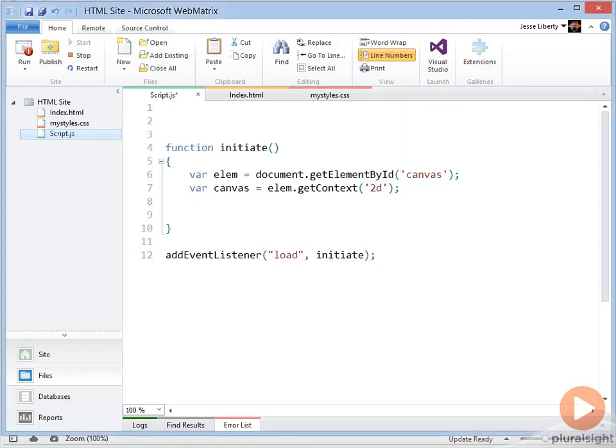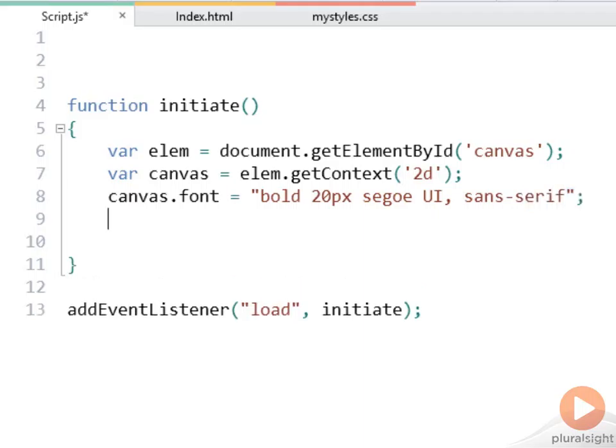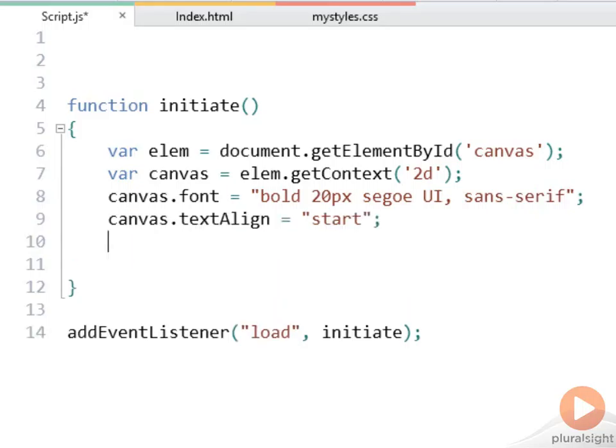To get started working with our text, we're going to set the canvas font, and we can set that using the same syntax that we would use with CSS. We're going to set this font to be bold, 20 pixels, Segoe UI, and fall back to sans serif. We'll set the text align to start at the location we give the text. And we'll go ahead and call fill text. There are two options, stroke text, which writes it as an outline, and fill text, which writes it as filled in characters. Let's go ahead and write fill text